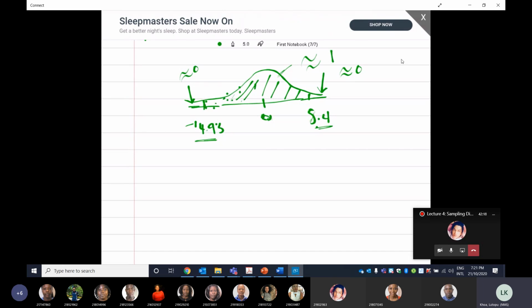So for 8.4, we already worked it out. We said that it is approximately equal to 0. So even less than approximately equal to 0 is definitely 0. So here we can say that the probability